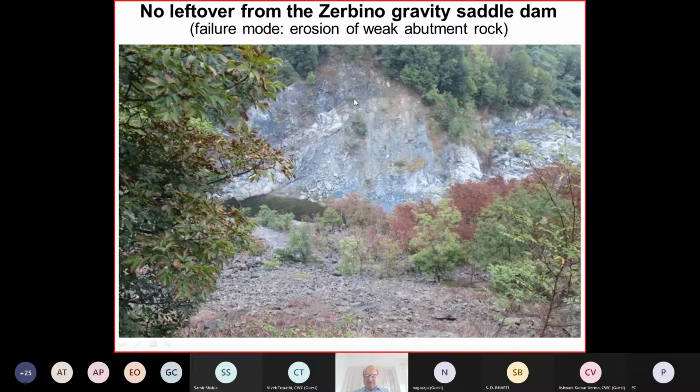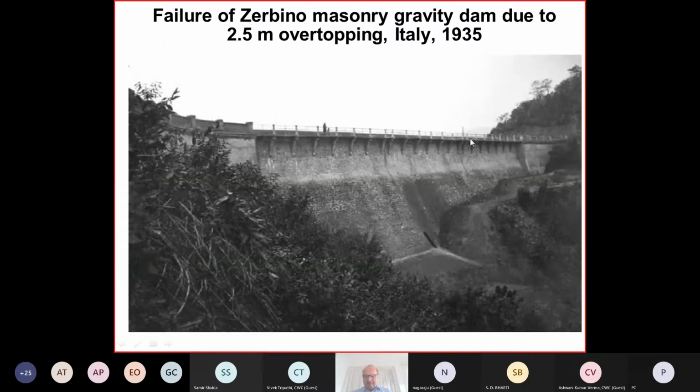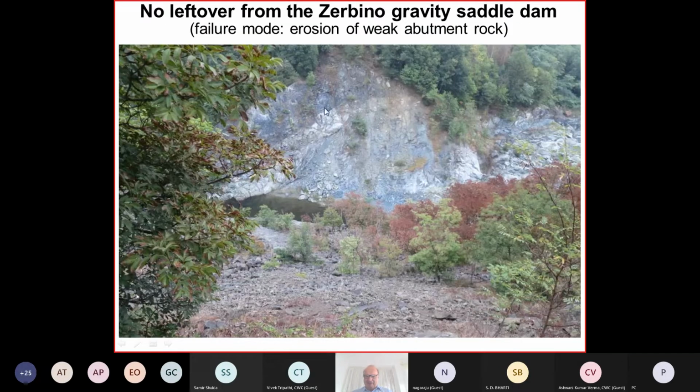This is the right abutment of the dam, which I've just shown here. Okay, let's see, this is the part here. So the road was on the other side when we were traveling there. So you see some serpentine material. The rock was a little questionable, but you see here this